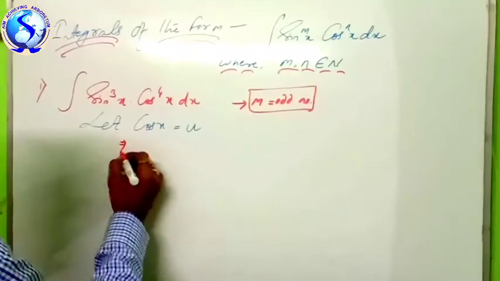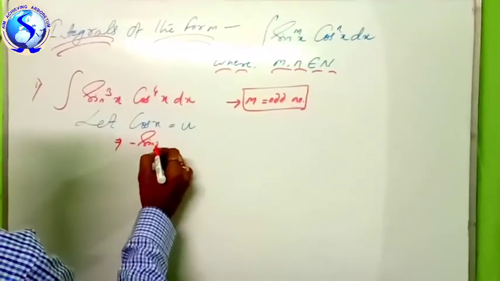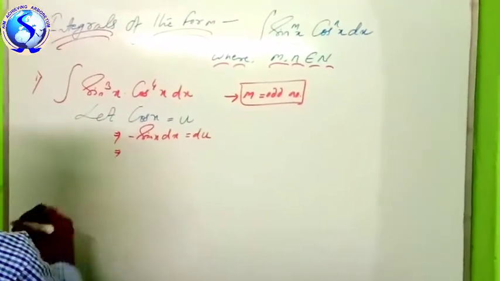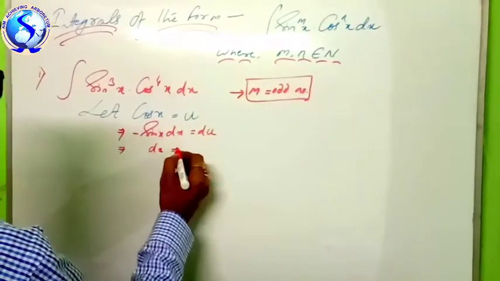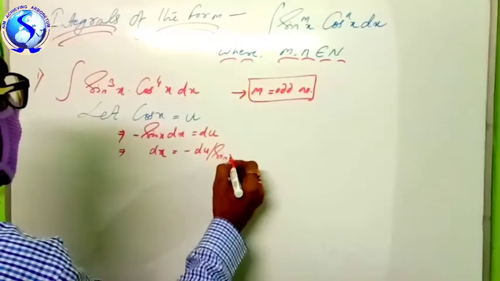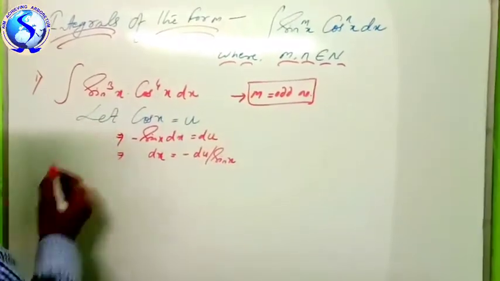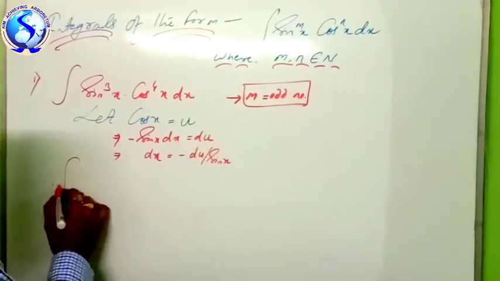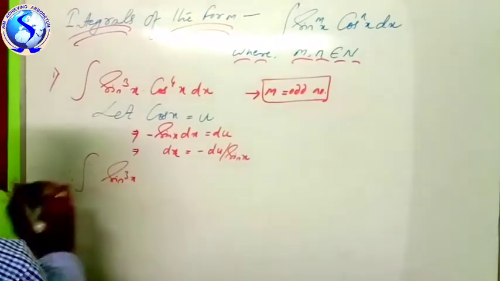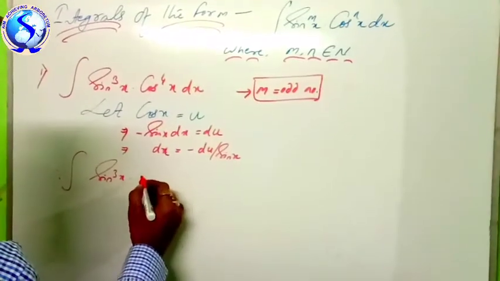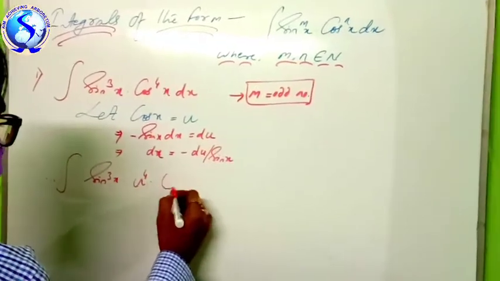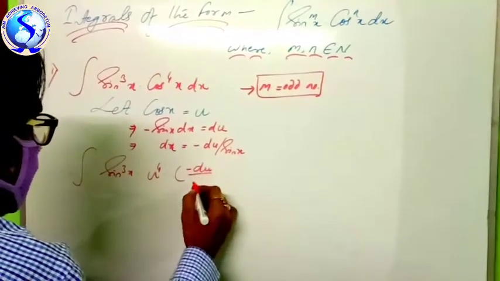So what is the derivative of this? This is minus sin x dx equal to du. After that, dx equal to how much? dx equal to minus du by sin x. Now you have to substitute here. Therefore, integration sin cube x into cos to the power 4 x, cos means u, so u to the power 4,